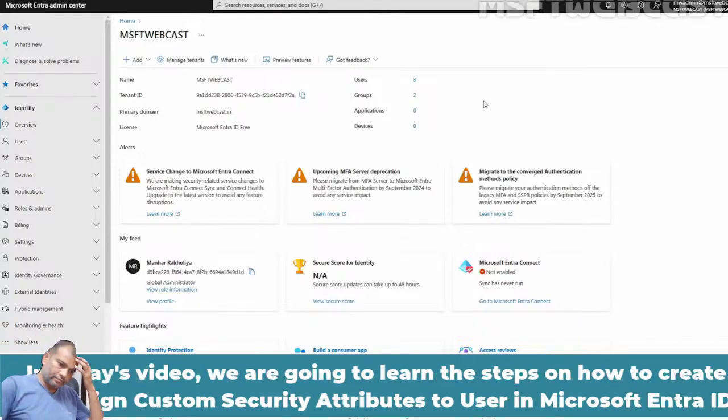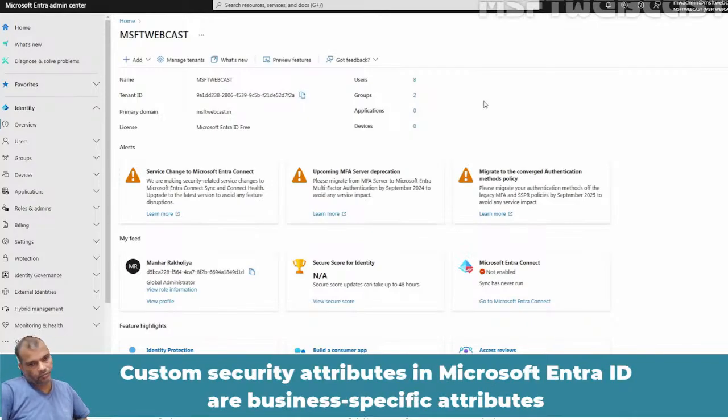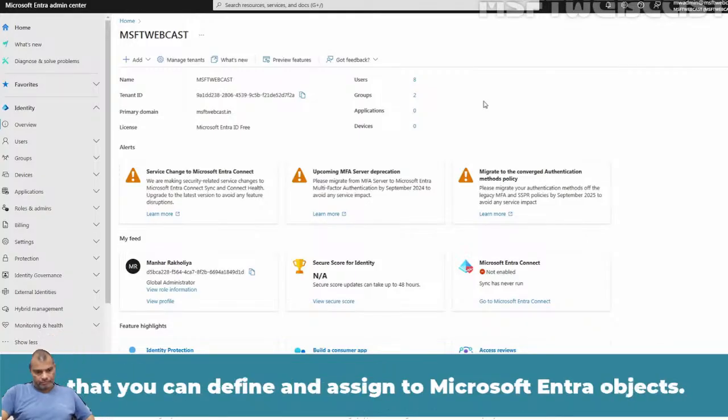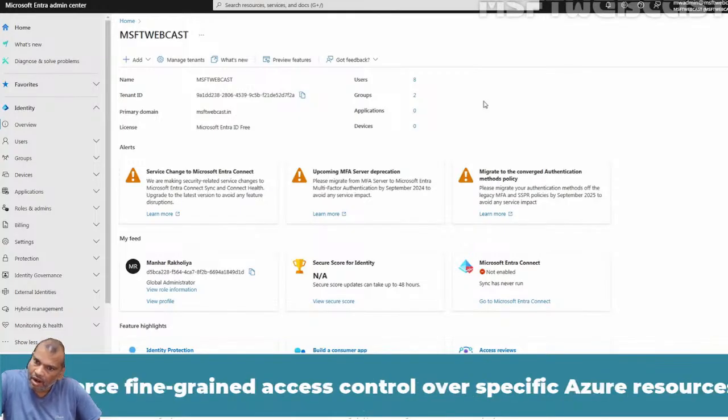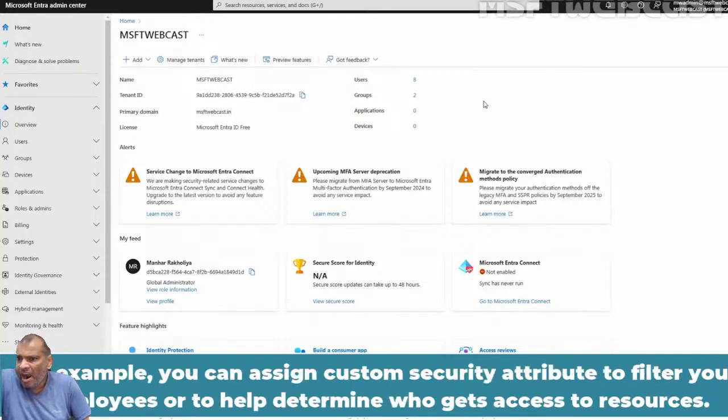In today's video, we're going to learn the steps on how to create and assign custom security attributes to user in Microsoft Entra ID. Custom security attributes in Microsoft Entra ID are business-specific attributes that you can define and assign to Microsoft Entra objects. These attributes can be used to store information, categorize objects, or enforce fine-grained access control over specific Azure resources. For example, you can assign custom security attribute to filter your employees or to help determine who